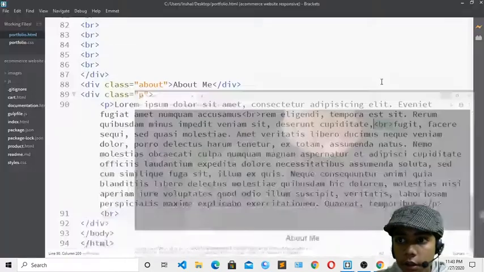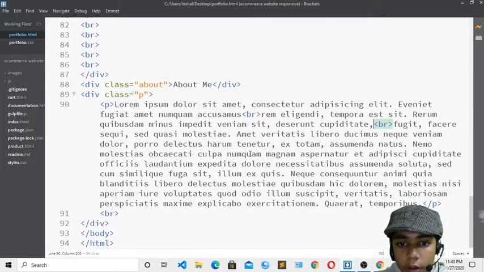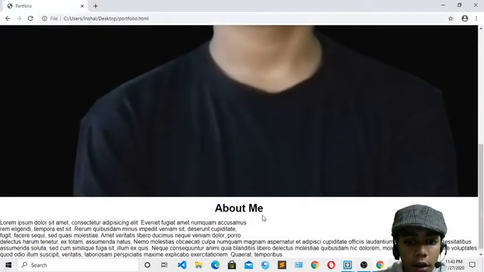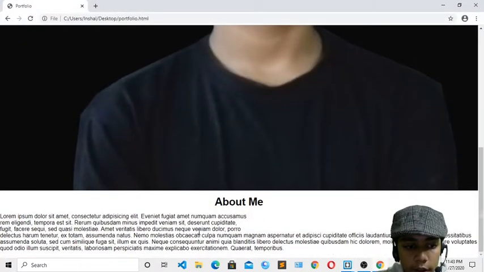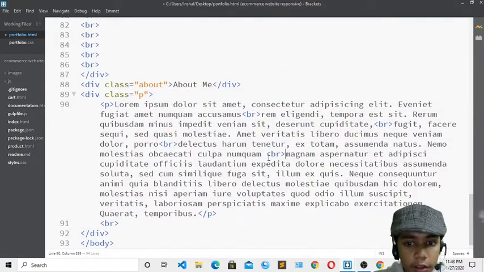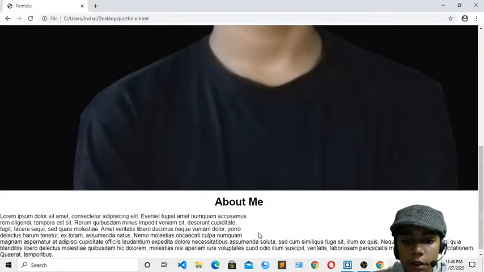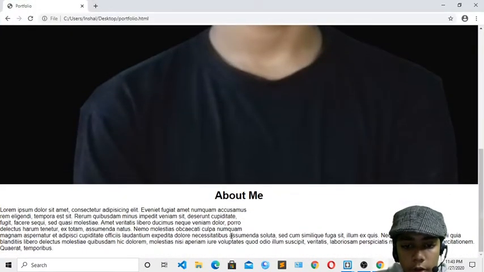So I will do it till delicatix. Okay, I will find that, here it is. So I will paste that and backspace, save that over here, and now you can see it has been entered over here. So now here I have to do till Meganam. Okay, so here it is, paste that, backspace, then save that, and here you can see there is also an enter.